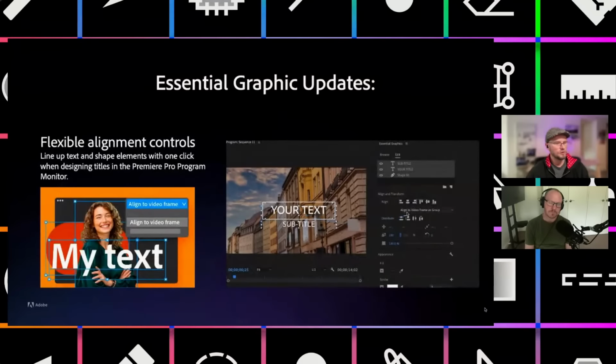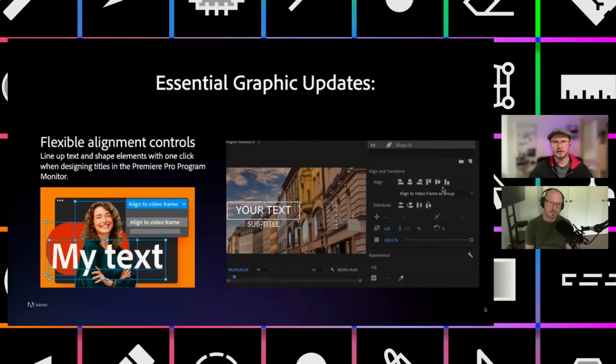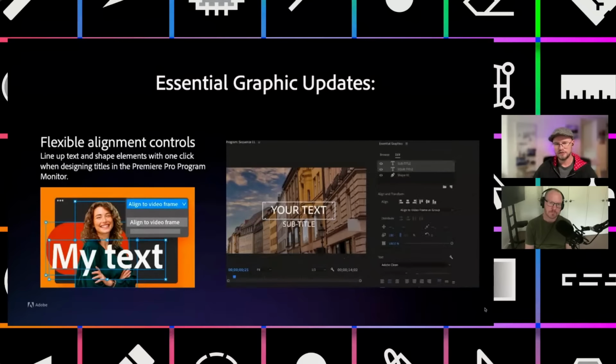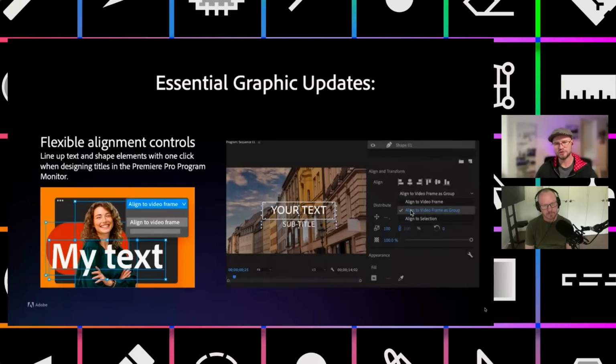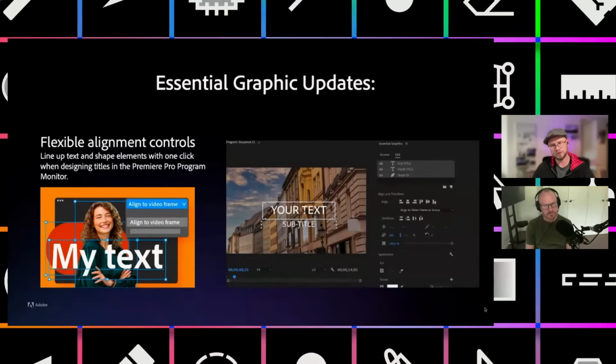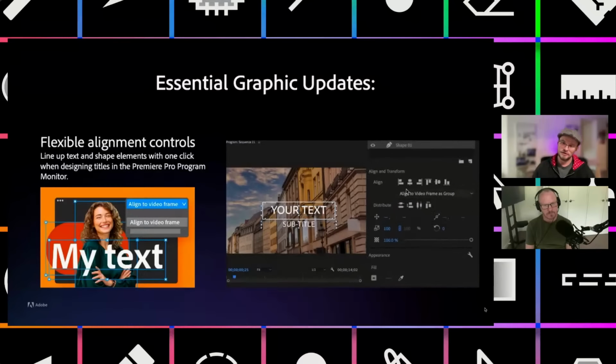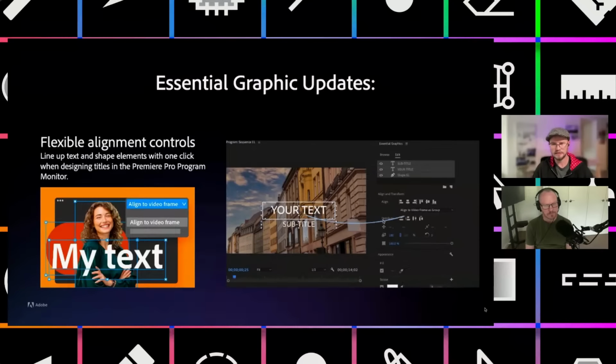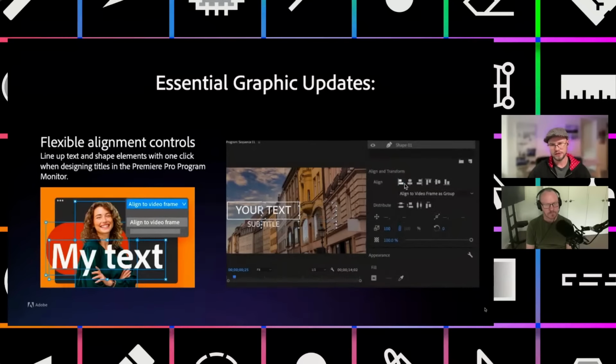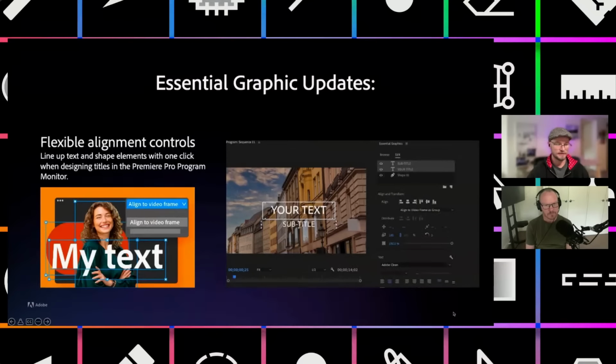And then also in the Essential Graphics updates, we've got some new functionality where you can select multiple layers and treat them like they're a group. So if you wanted to justify to the left or the right, it wouldn't be justifying each layer to the left. It would be treating it as a selected group. And there's a little drop-down option there that you can select, and then you can change the way that it's responding to your selections if you've got more than one layer involved in your design work. And that's been asked for a while, so I'm pretty stoked to see that one